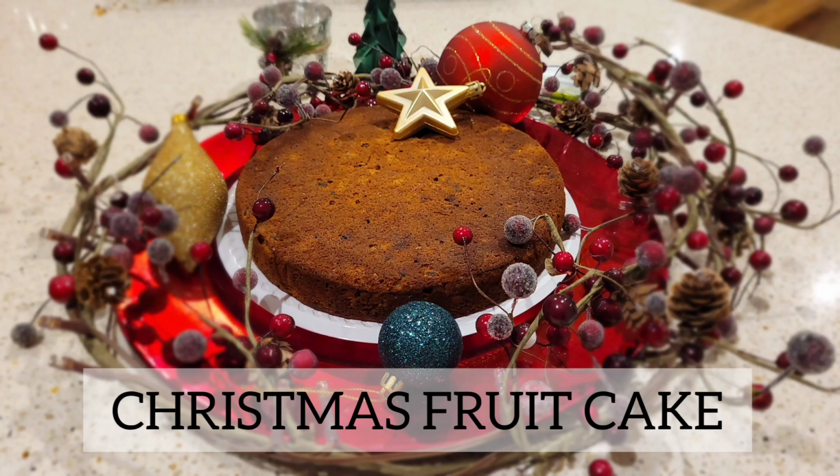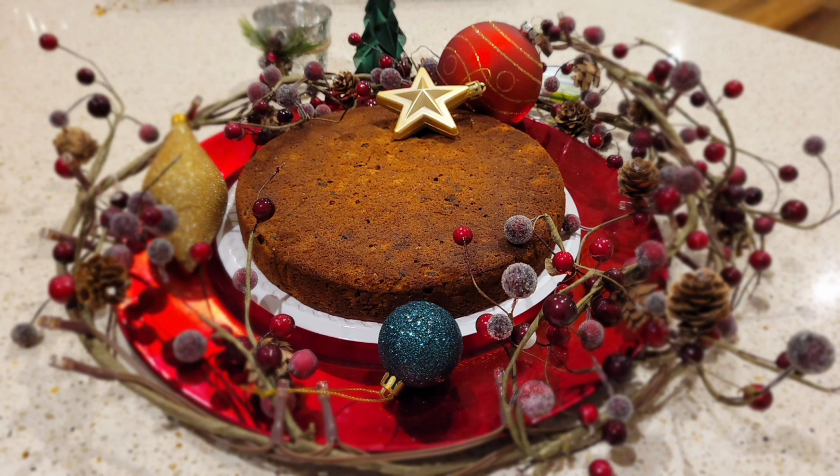I'm here with the second part of the Christmas fruitcake recipe. In the first part, I had shown you how to soak the dry fruits. And I know that at least some of you have soaked your dry fruits and are waiting for the second part. So if you haven't soaked your dried fruits yet, don't worry. You can still bake a plum cake in time for Christmas by just soaking your dry fruits in orange juice